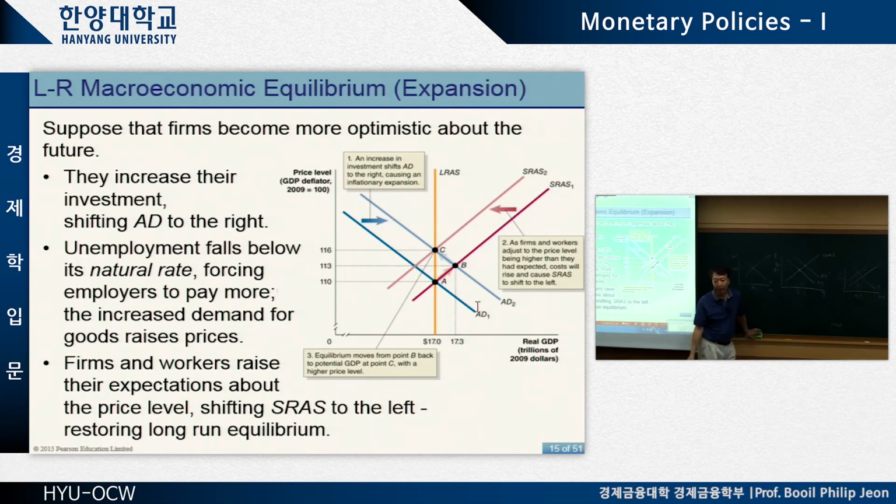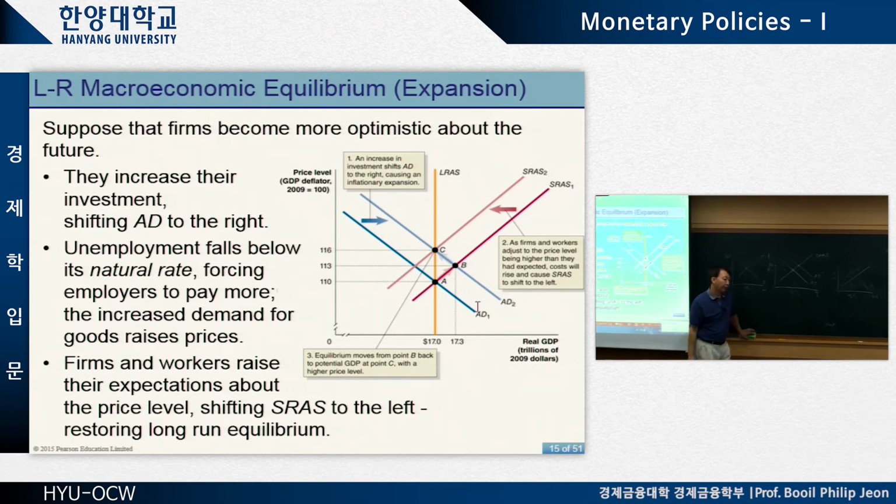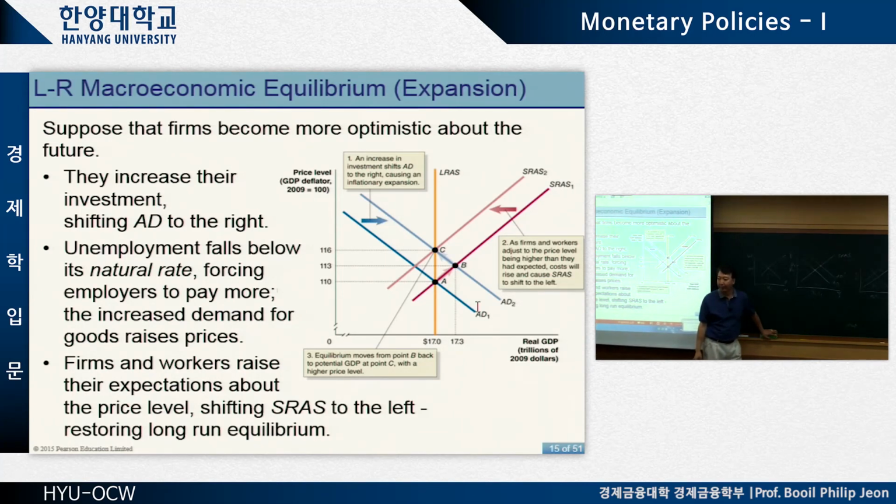But then they also realized that everything became more expensive. So at my current wage, at the initial level of my wage, my real purchasing power actually went down because now everything's more expensive. So in order to maintain my current standard of living,